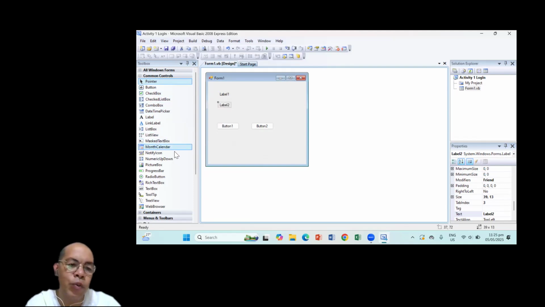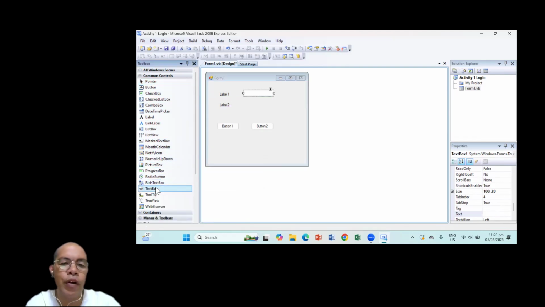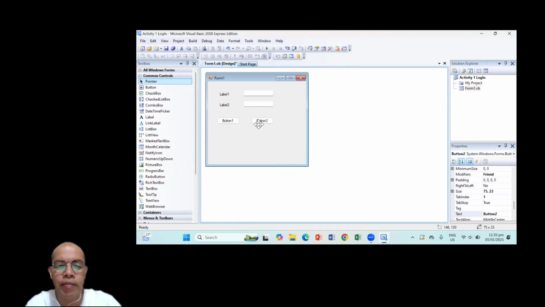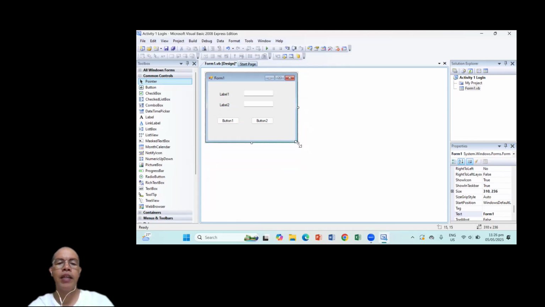Then after the labels, we need a text box, this one. Because in this text box we can type our password, or let us say your username. Then you can adjust them by just dragging them. So as you can see here, we have label 1, label 2, text box 1, text box 2,